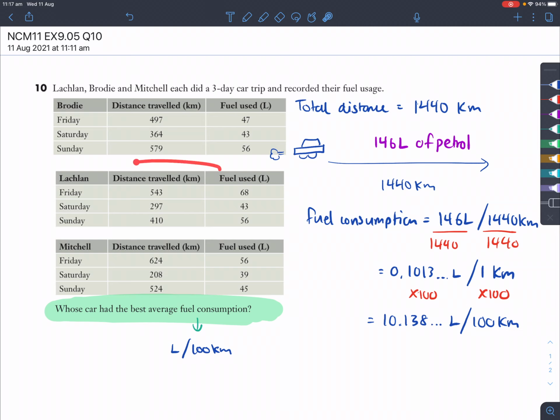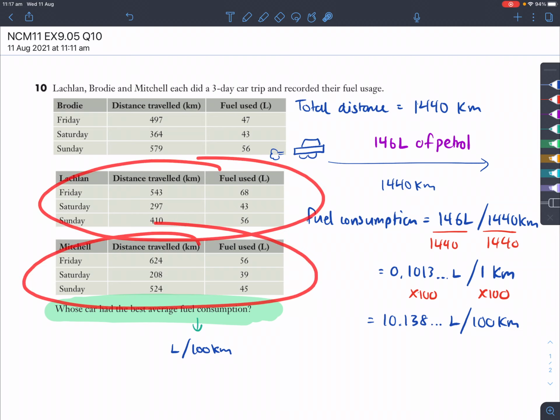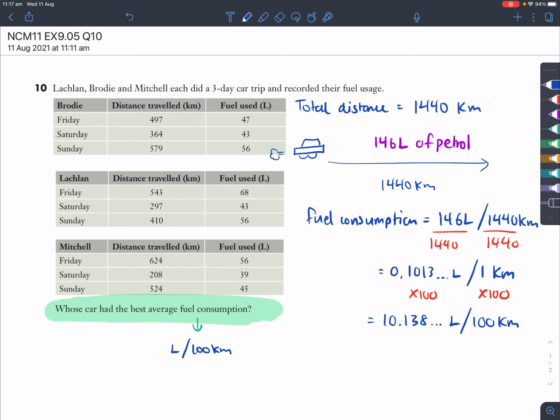And you have to do the same thing for these two as well. And what this basically generates, if I write the answer down, this one here is going to give us 13.36 liters per 100 kilometers. Just look at the answers. And the other one here is going to be 10.32